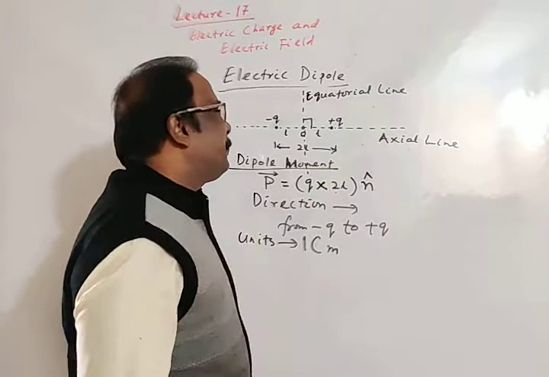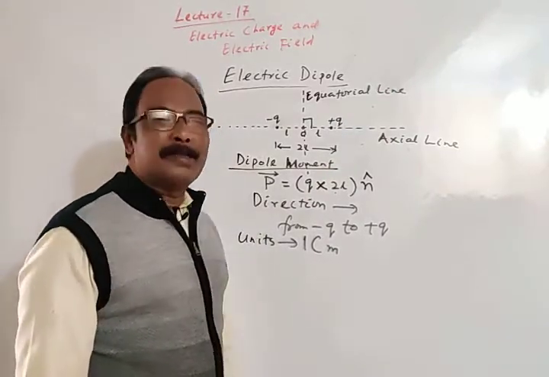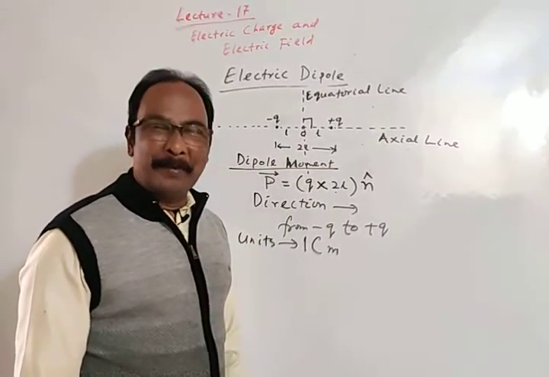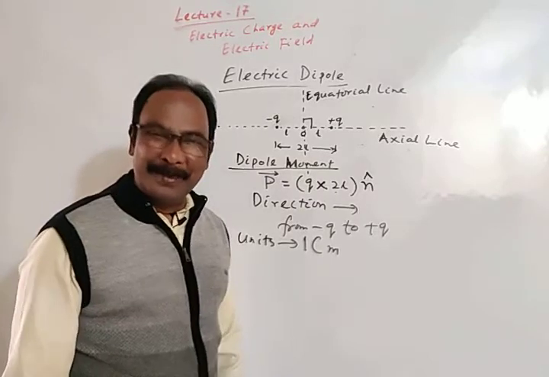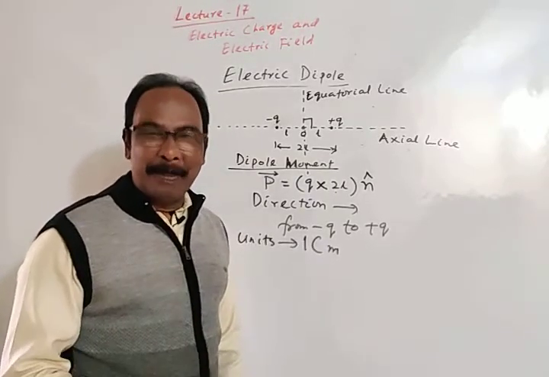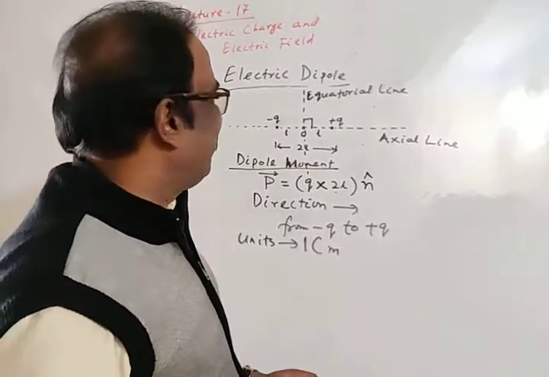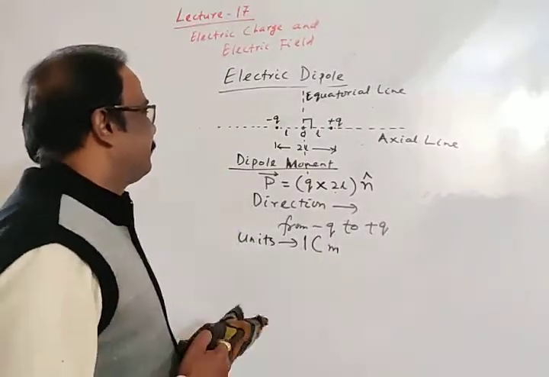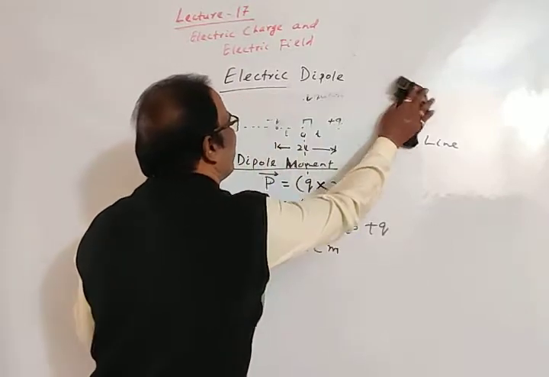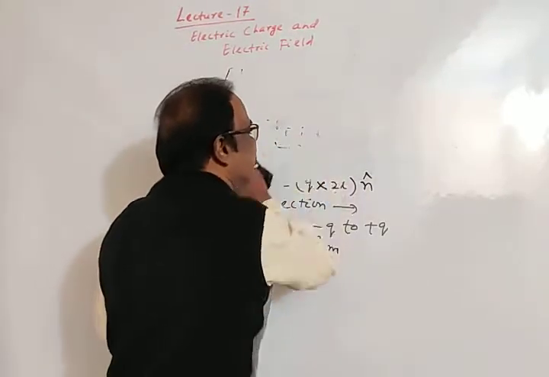Okay, so we should have a fundamental idea about axial line, equatorial line, dipole moment, direction of dipole moment, units of dipole moment, etc. So this is about electric dipole and dipole moment. Next,